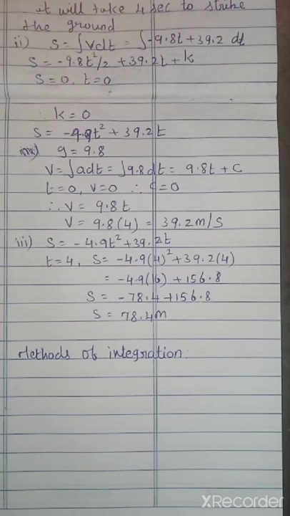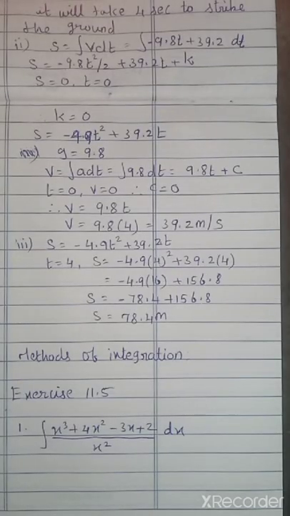First one is integration by decomposition into sum or difference. Second one, integration by substitution. Third one, integration by parts. Fourth one, integration by successive reduction. So four methods we are having. One is integration by decomposition, next is substitution method, next integration by parts method, then integration by successive reduction. Each method we'll see with an example.